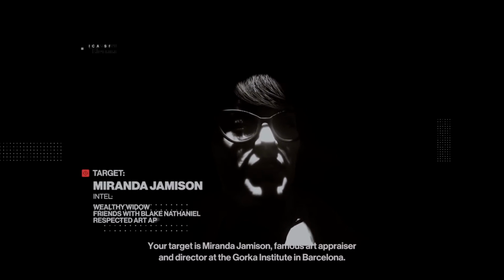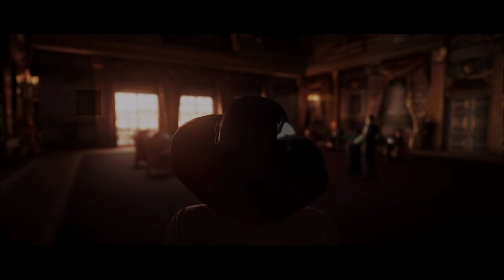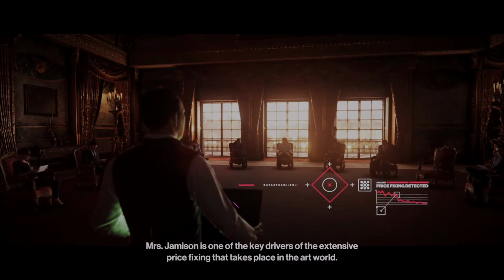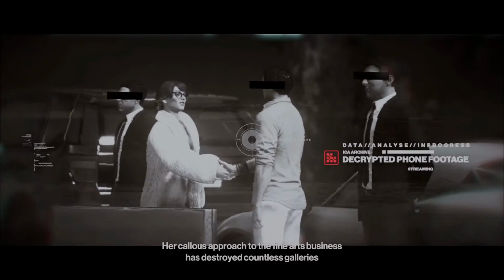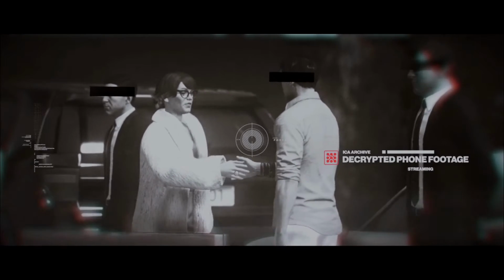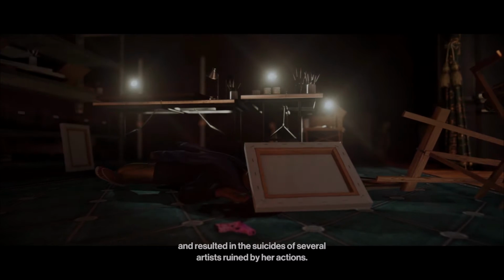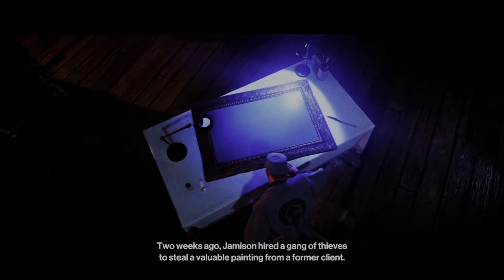Jameson, famous art appraiser and director of the Gorka Institute in Barcelona. Mrs. Jameson is one of the key drivers of the extensive price fixing that takes place in the art world. Her callous approach to the fine arts business has destroyed countless galleries and resulted in the suicides of several artists ruined by her actions. 2 weeks ago, Jameson hired a gang of thieves to steal a valuable painting from a